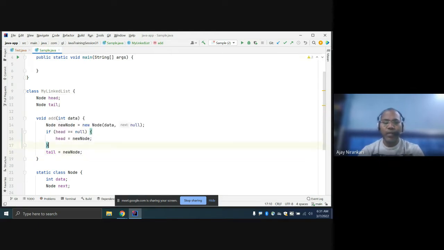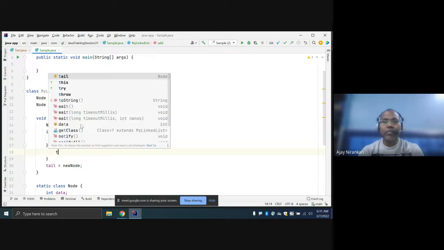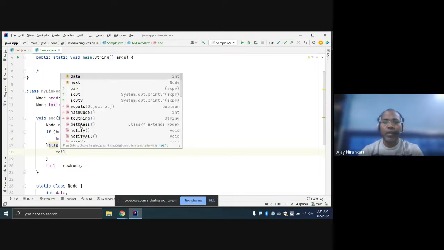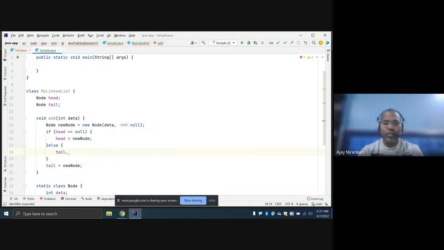But in the case of adding the second element, go to the else part and point tail.next equal to your new node. So this is only for the head part, and in the case of head not being null, you can always add a link to the new node inside the tail.